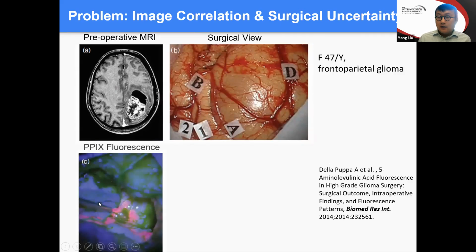During the surgery, the lesion is exposed, and surgeons start putting markers to mark critical structures. And occasionally, some surgeons also bring the fluorescent imaging system if it is available. So for high-grade glioma, fluorescence imaging is cleared by the FDA. So here you can see that fluorescence outlines the potential cancerous lesion.